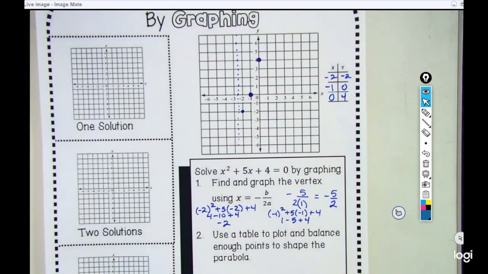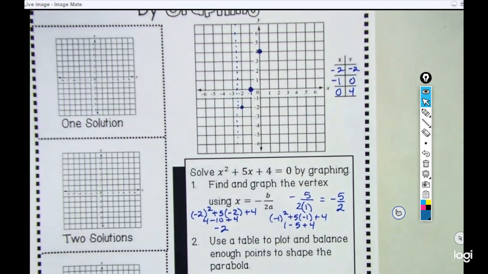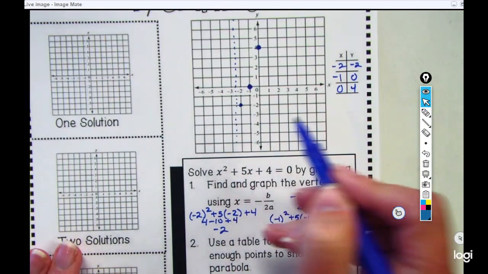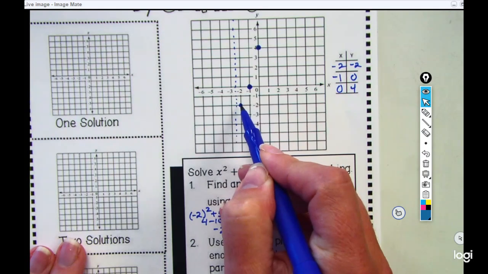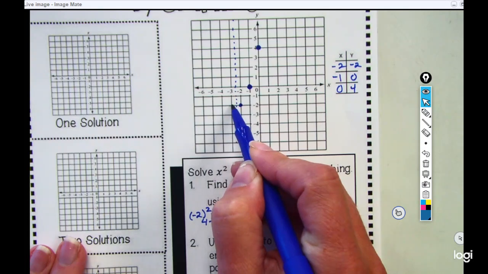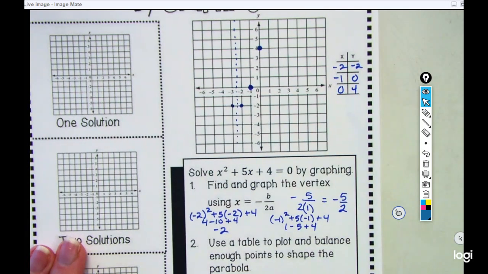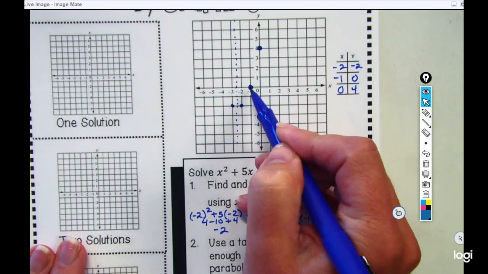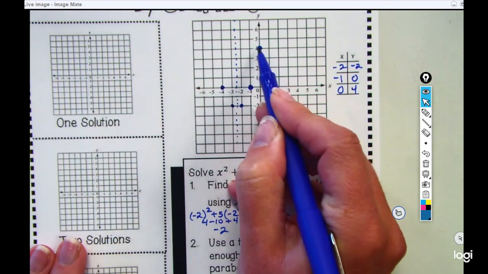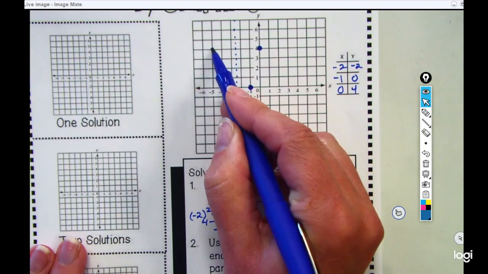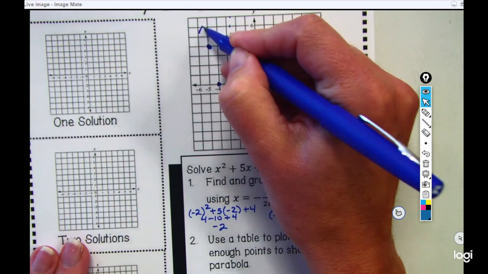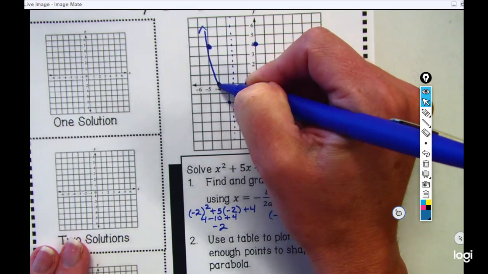Now, the one thing I didn't make you do on this was graph the vertex because I didn't want you to plug the fraction in. So it's kind of being nice. But if there is a point this far away from my axis on that side, that means there's one reflected on the other side, right? Reflect all of your points. That's 1.5 away. So there we go. I'm going to be guesstimating where my vertex is, and I'm all right with that right now for the sake of